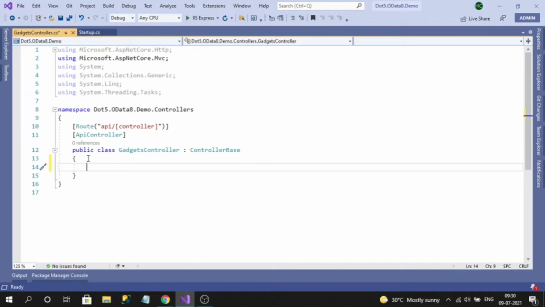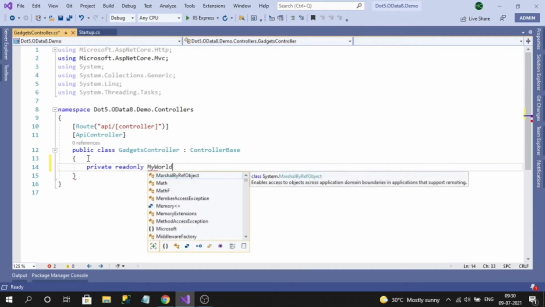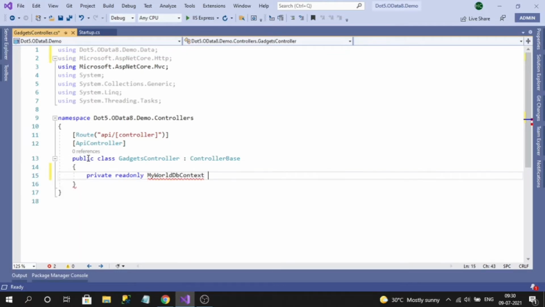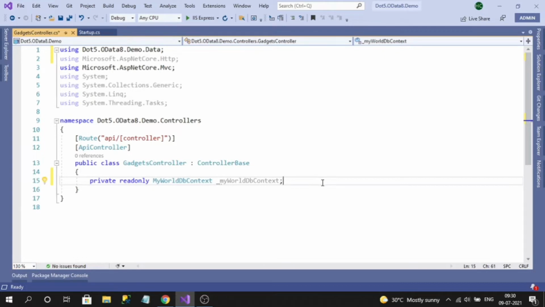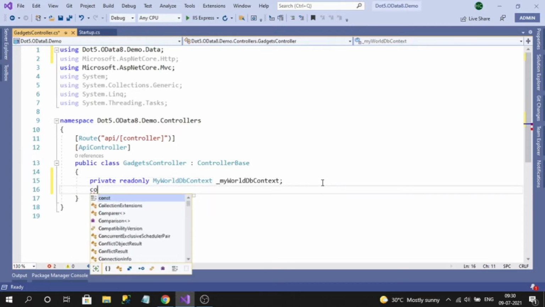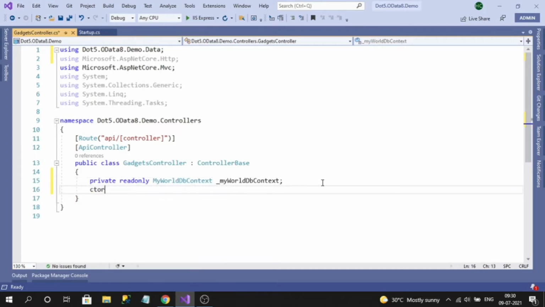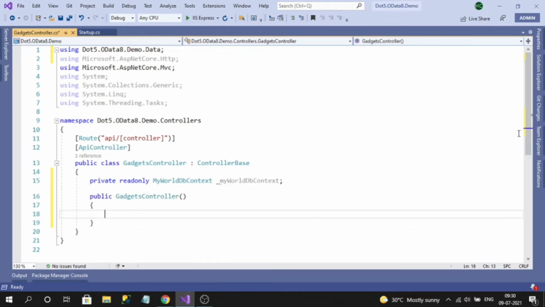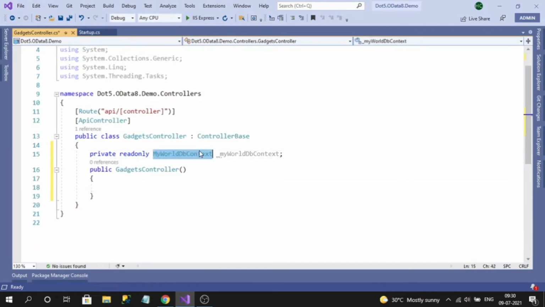Before creating the action method, let's inject our DB context. Let's inject my old DB context here.